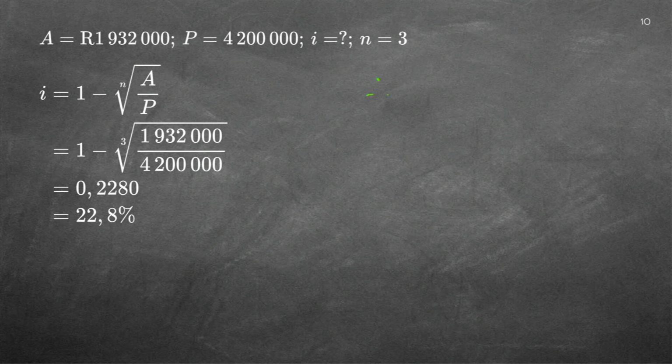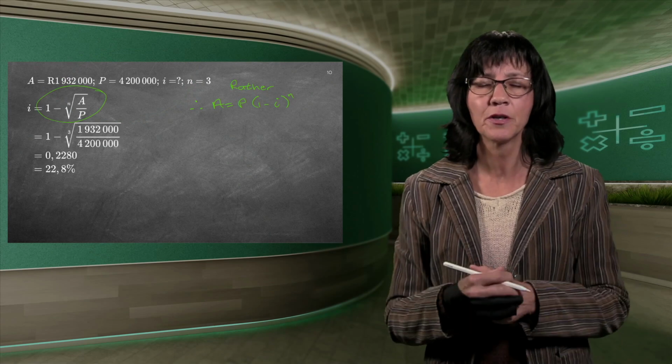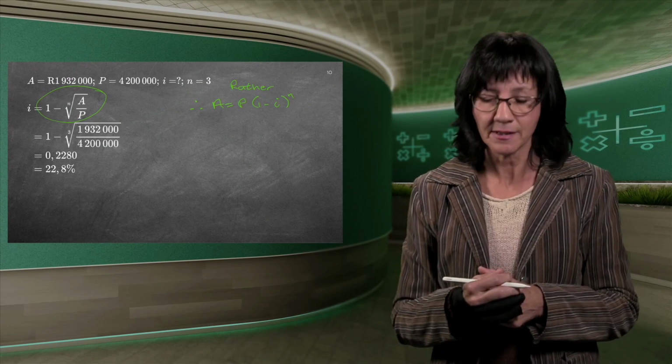So I'm just going to, on the right hand side, because I'm going to take off the rest, write down P 1 minus I to the power of N. And I'm going to say rather, because this left-hand side formula there is not on a formula sheet. In any case, in grade 10, 11, you do not get formula sheets. But you will not find that formula somewhere. So you rather use the formula that you know, P, 1 minus I to the power of N. You know it very well by now, and then fill in all the values like I did in the previous page, and then you'll see you get exactly the same answer.